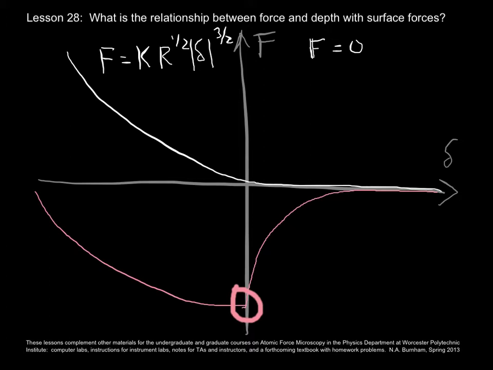So this might work for very, very stiff materials where the actual shape might be very close to this, but frequently, well, most of the time, I see a gentler transition between the purely attractive and the net repulsive